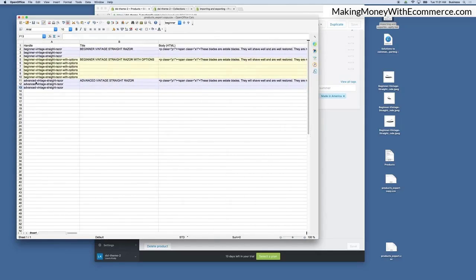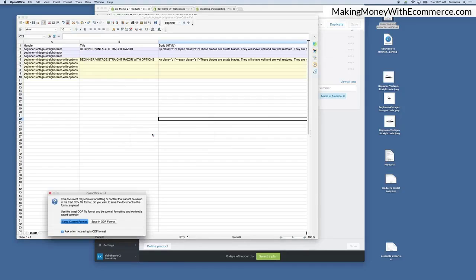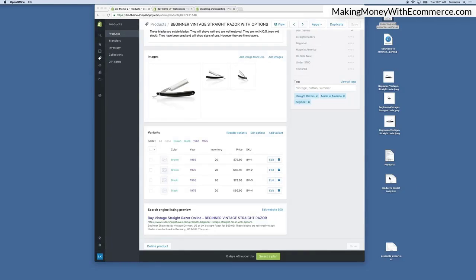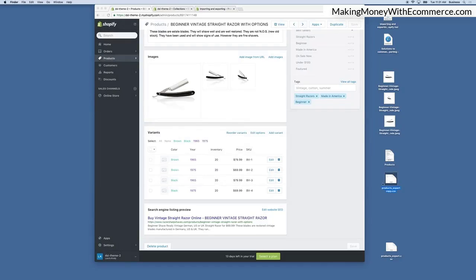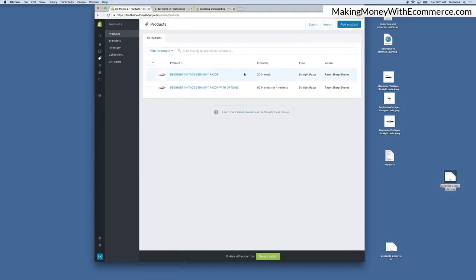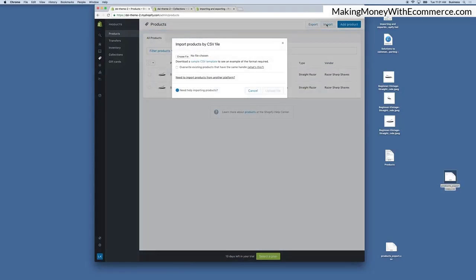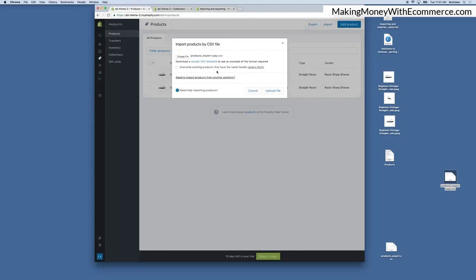But anyway, that's what you can see I did there, and I'm now going to show you how to upload this CSV, right? So I'm going to exit out. I'm going to save it. I'm going to keep the CSV format. Okay, so that's what that should be now. Okay, so here is my new CSV, and I'm going to come into products, and I'm going to click import. This is if you've had, say you have a CSV of 20, 40, 200 products. We are going to choose file, and I'm going to upload my file, and this is pretty important here,